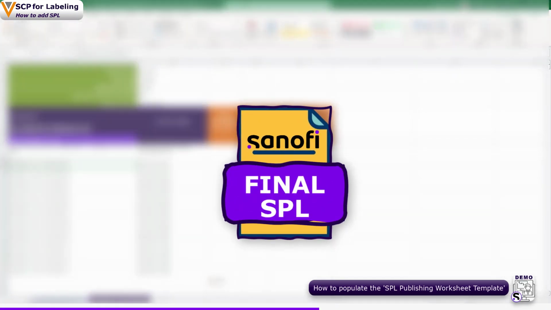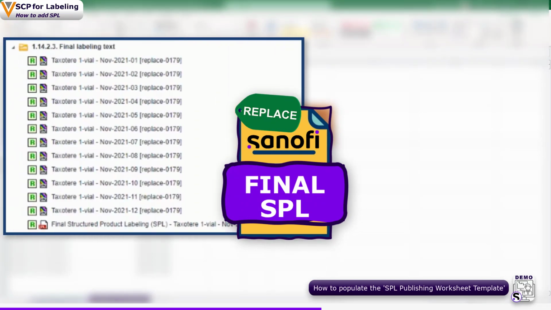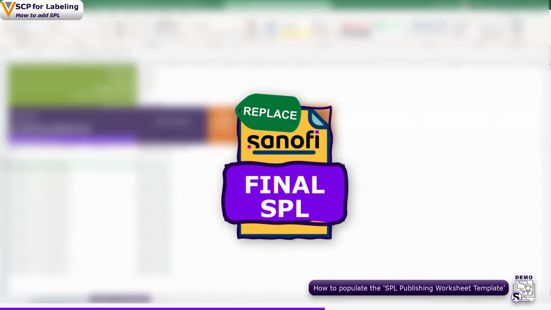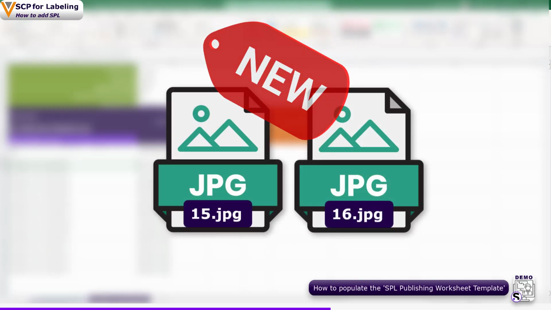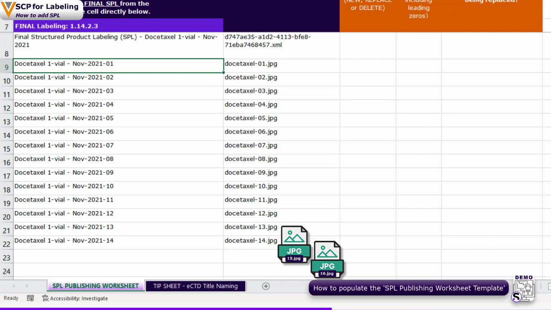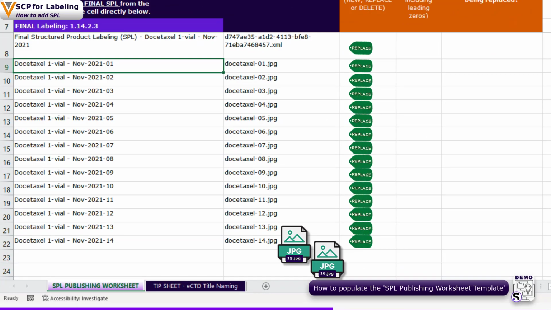We will be replacing the final SPL on the ECTD backbone. If the final SPL already exists on the ECTD backbone, then we should always use the replace operation, unless it is absolutely a new SPL. In that case, you would use new as the XML operation. You would also use the new XML operation if you are including additional JPEG image files in the SPL. In that case, only the additional JPEG files would have the new